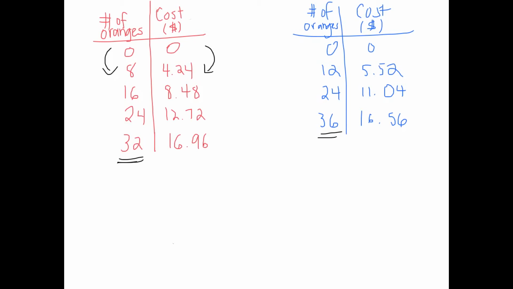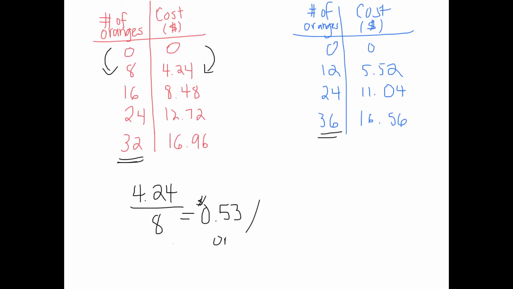For every $4.24, we get 8 oranges. So what's the unit rate? Well, let's divide these two numbers together. $4.24 divided by 8 equals 0.53. So we're spending 53 cents